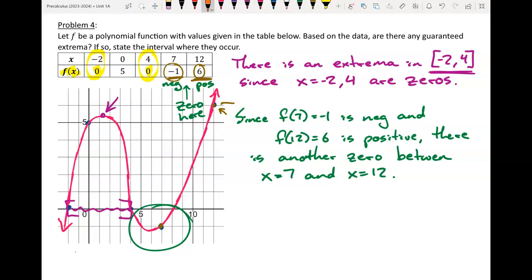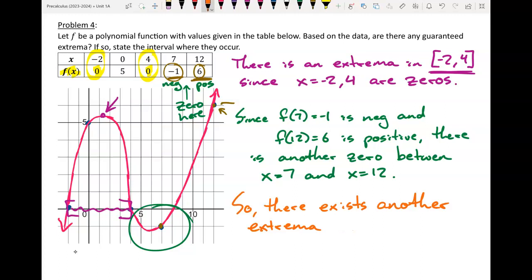So our conclusion, there exists another extrema on the interval,